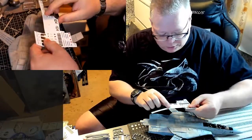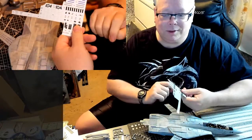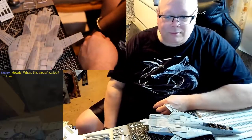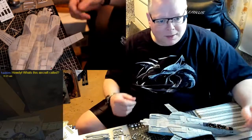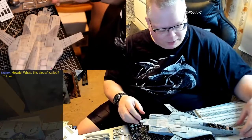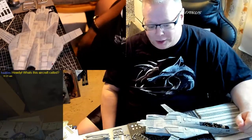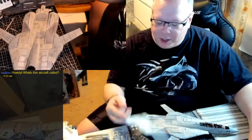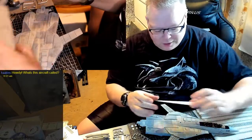We've got about 40 different no-step decals that I'm not going to bother doing, and why? Well, this is an F-14 Tomcat from the movie Top Gun. This is Maverick's F-14. So as I was saying, I'm not bothering with all the no-step decals on here because they're small, they're light, and